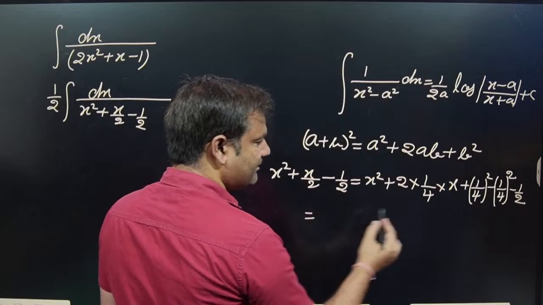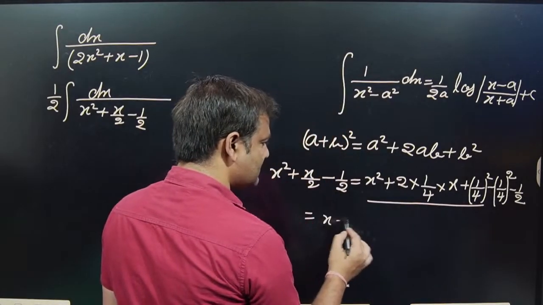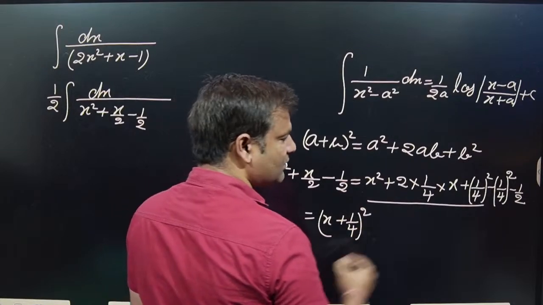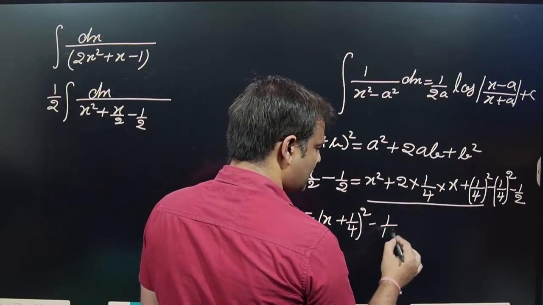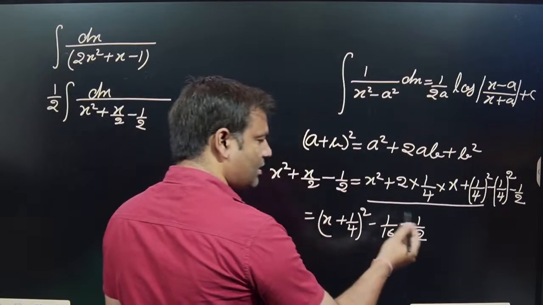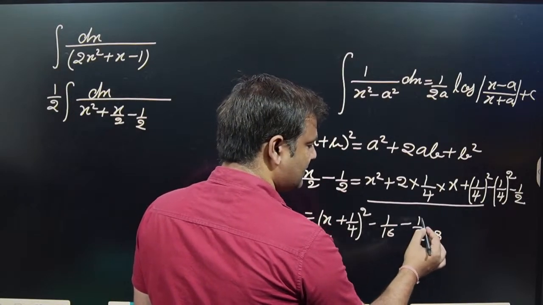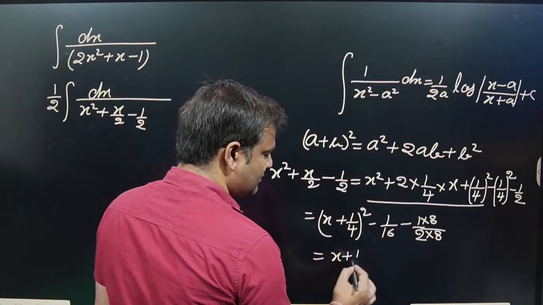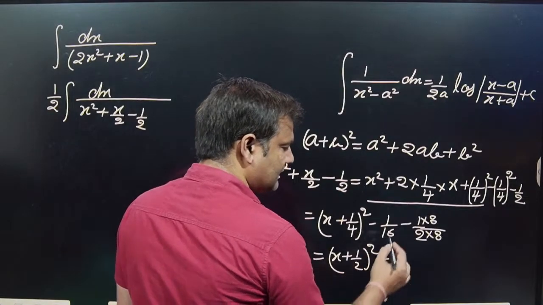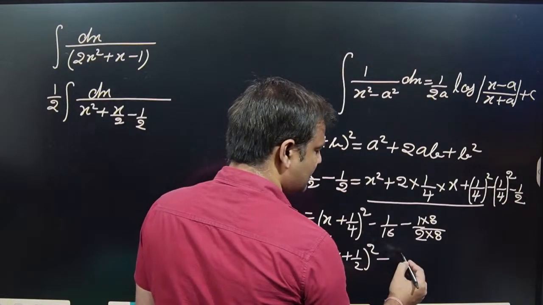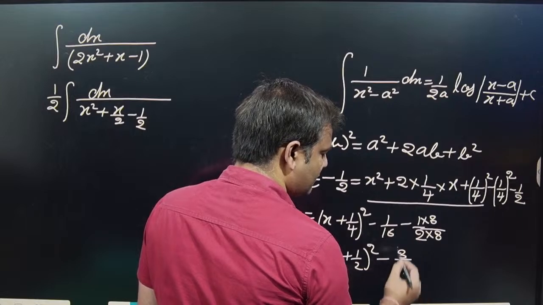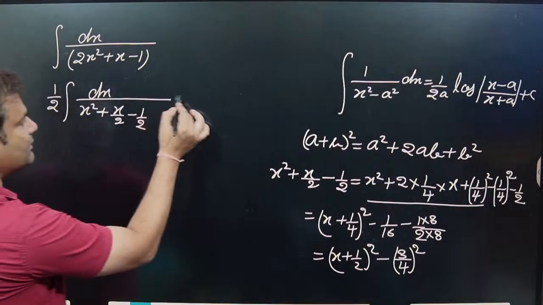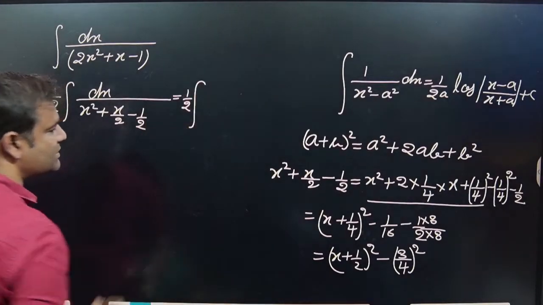Look here very carefully. What about that value? Here (x + 1 by 4) whole square minus 1 by 16 and minus 1 by 2. After that, if we multiply by 8 and here also multiply, then how much? (x + 1 by 2) whole square, and that one basically minus (3 by 4) whole square. So basically that part is replaced to 1 by 2 integration of dx